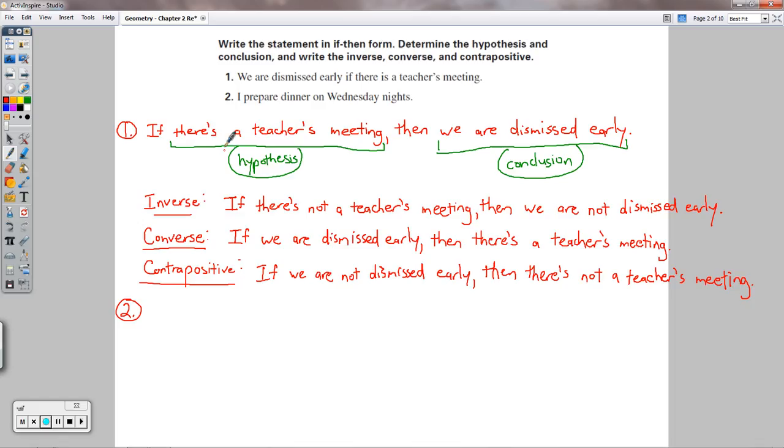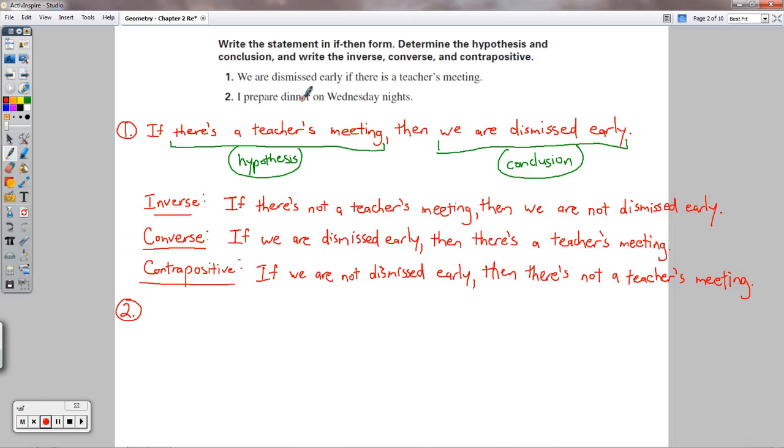All right, so number two. I prepare dinner on Wednesday nights. Notice no if, no then to begin with in this sentence, but we can insert it in there. What would make more sense, or what would be the logical way to do this? Are you going to say if I prepare dinner, then it is Wednesday night, or if it is Wednesday night, then I prepare dinner? If you said the first way, if I prepare dinner, then it is Wednesday night, it's